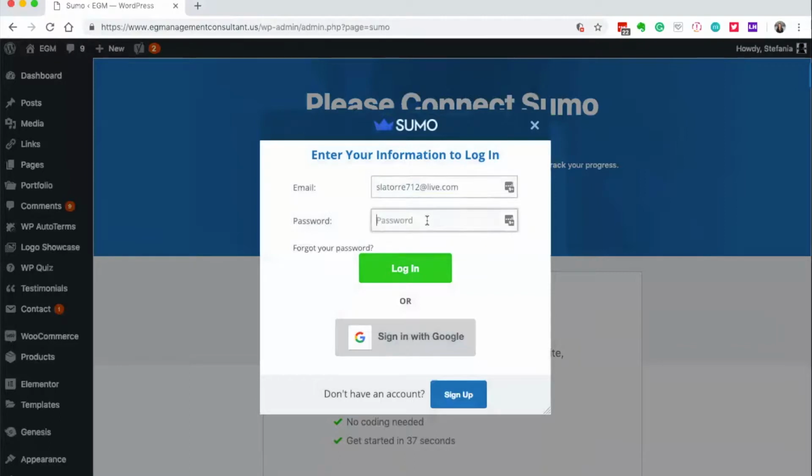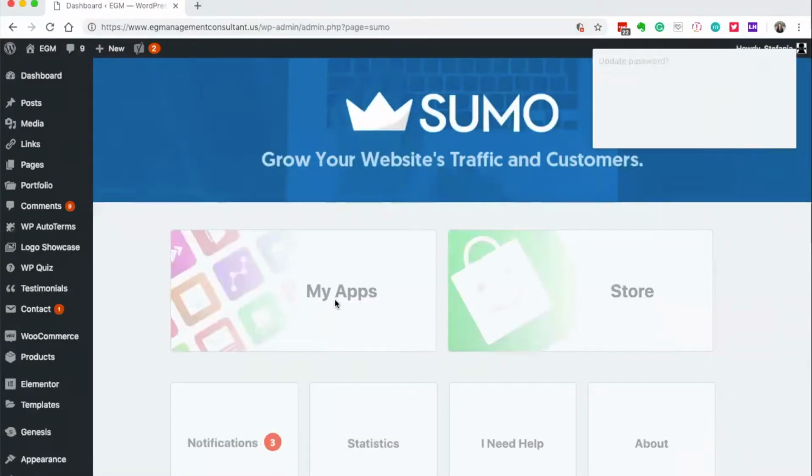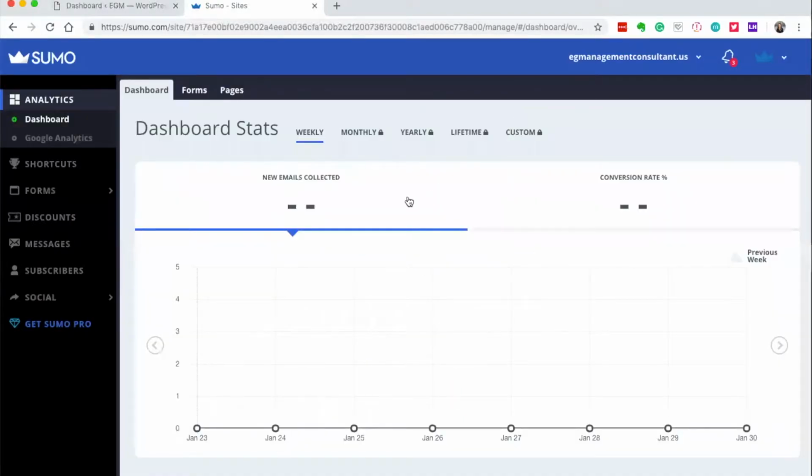You just want to connect your account. And then you can go ahead and click My Apps, and it's going to take you to the Sumo site. So it's going to take you off your website, but it's going to have all your settings in here. This is where you can add things like announcement bars. They're always trying to get you to upgrade, and they can add a lot of different things for you. So what you want to look for is